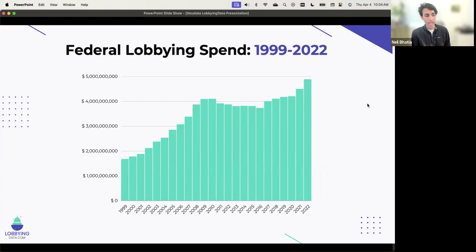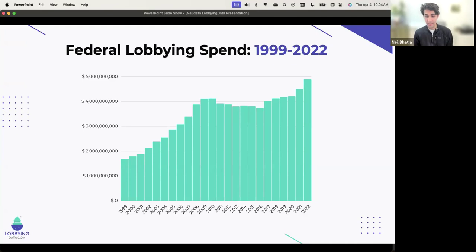So now we can take a look at the federal lobbying spend from 1999 to 2022. The reason why we're at 2022 and not the previous year, 2023, is because lobbying budgets actually end up getting reconciled after the fact. It could actually end up being a year after the fact where the actual lobbying budget and lobbying spending will be reconciled, and you'll get the accurate numbers. So if you do look at this on a different website, potentially OpenSecrets, it's going to be a little bit different, but this is probably the most accurate number out there for 2022 in terms of spend.